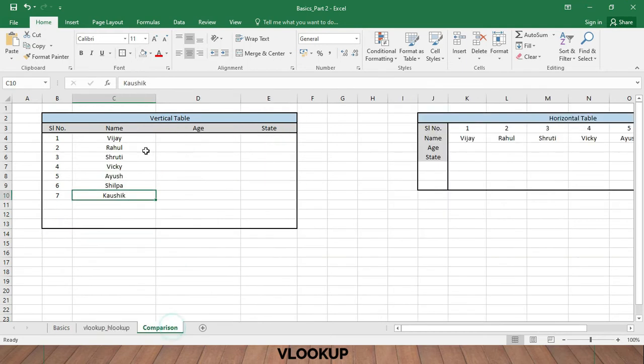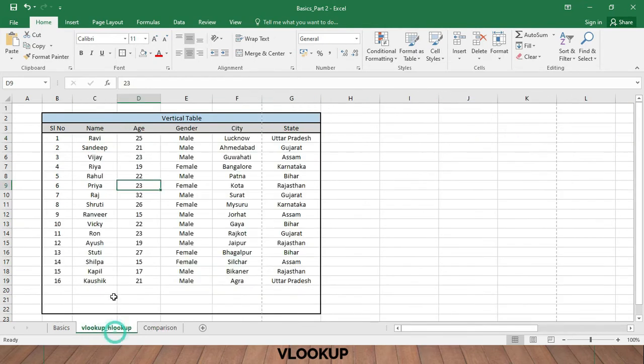Now what we want is their age and their states. So first of all, we have to look for where Vijay is in this table. We have Vijay here in the column C. So we have to apply a formula where it takes Vijay as the reference cell and then starts looking for the rest of the data.